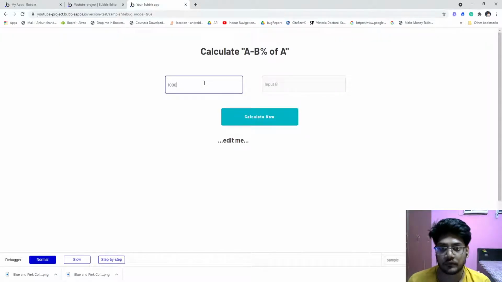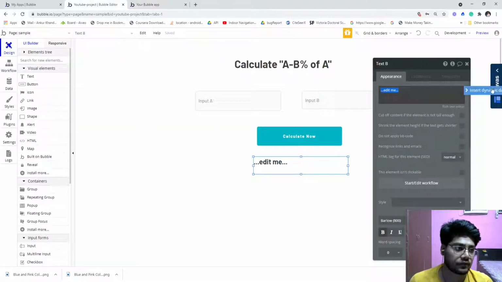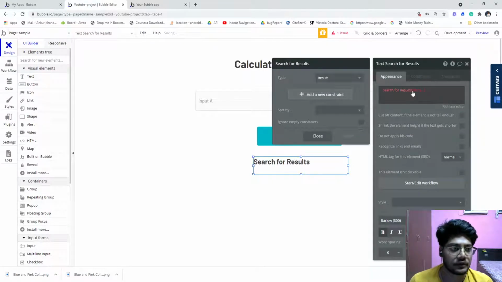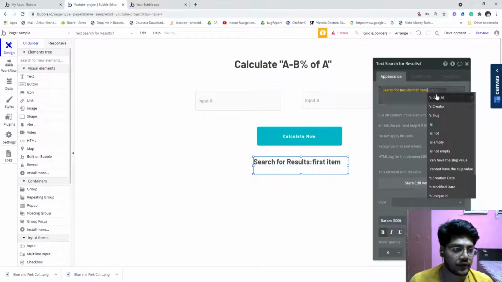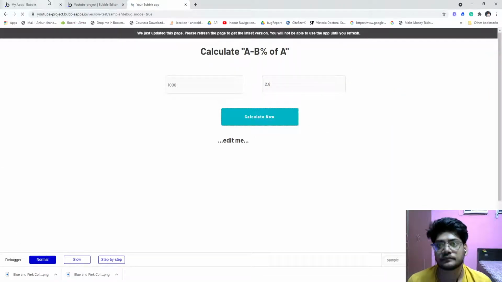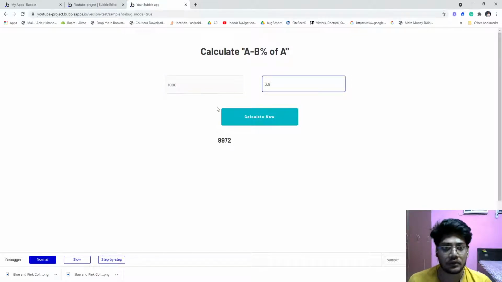For example, 128. Oh, we have not assigned the value yet, but we should input dynamic. Do a search for result, first item, data ID. Now this, 1000 and 3.8.